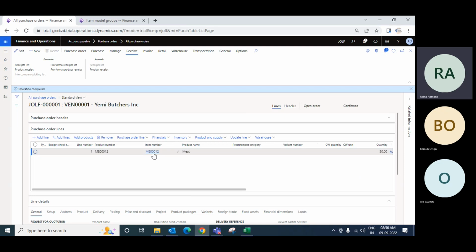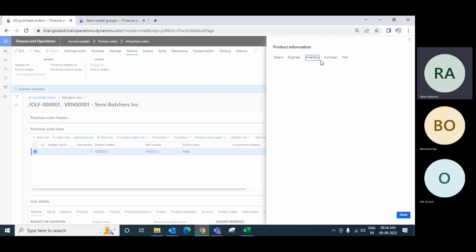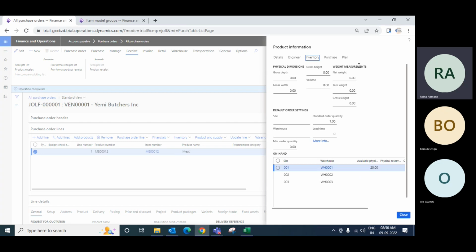So just check whether this inventory is up or not. So just click on this item, and then here in inventory, let's see what is the status of the inventory. So here I can see that in this site number 0, warehouse number 1, there is 25 physical inventory available. Okay. So we have 3 sites, 3 warehouses, but only one warehouse is updated with the 25 quantity which is